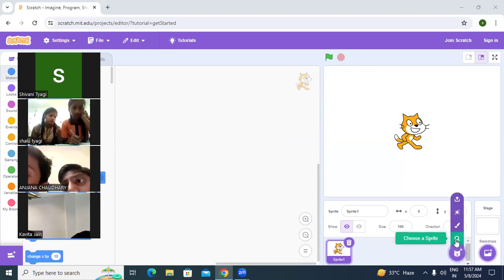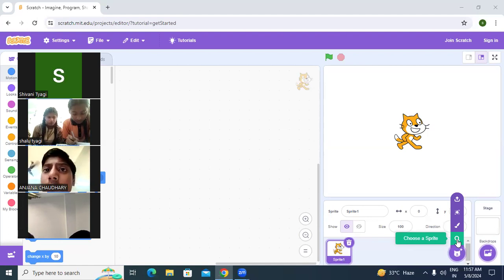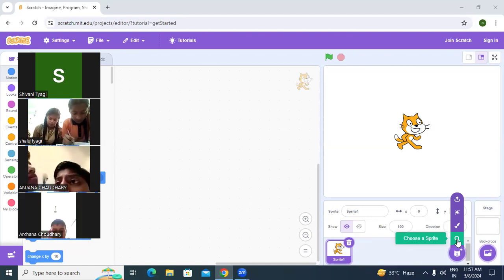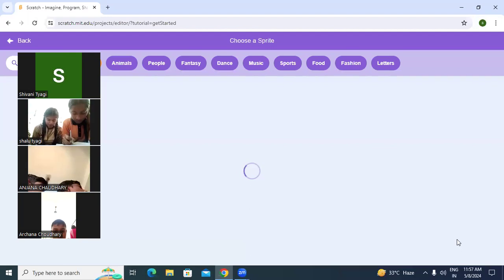We have one option, that is choose a sprite. Here you can see choose a sprite. With the help of this option, we can add some sprites which are available in our Scratch library. Okay. So when I click on that,